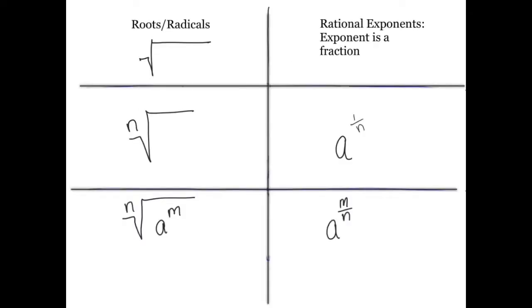Okay, so first of all, in your notebook, you should have something where these symbols are basically set up. So first of all, in this, we're trying to relate what is the nth root, and we also want to relate it to rational exponents because we're going to be talking about rational exponents in 7.3. So we're relating this also to things that we're going to be looking at in 7.3. So roots and radicals. Okay, this symbol right here